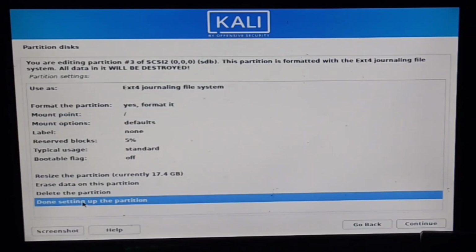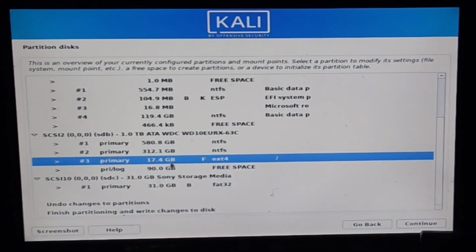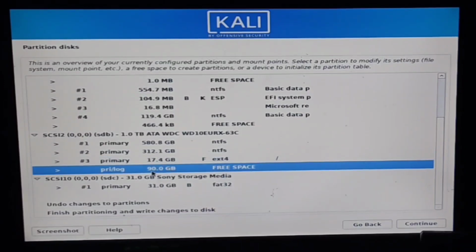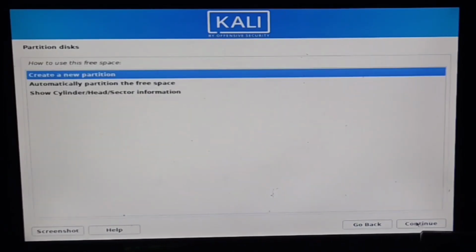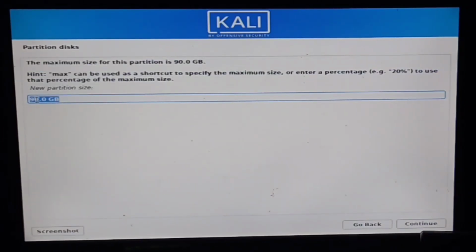Here, done setting up the partition. Press continue, and then there is 19 GB free space. Press continue and create a new partition. This time you divide in two parts, 45 GB and then 45 GB.